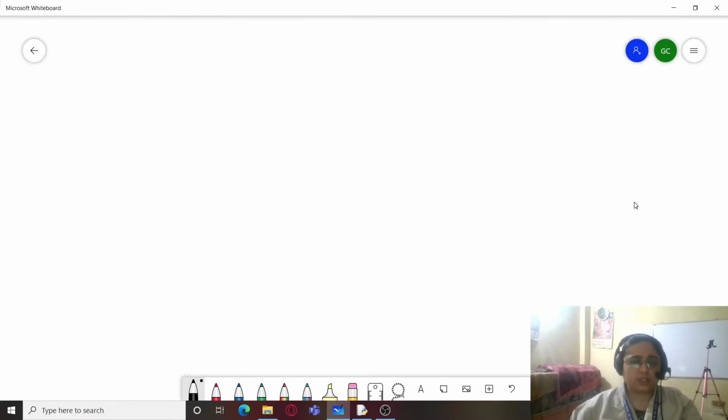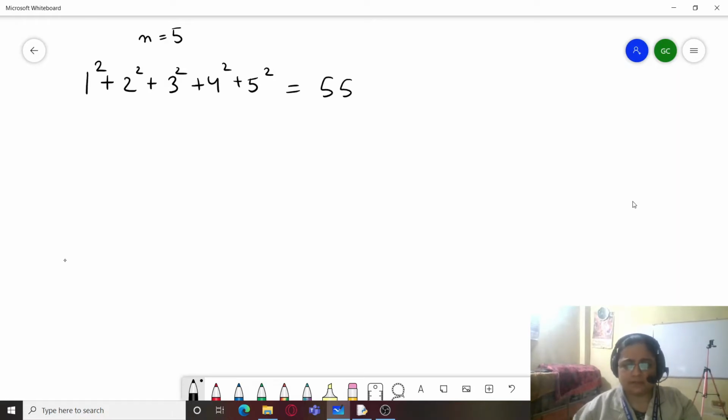First, let's talk about its logic. So if we have the series over here, when a number given is 5, you just add the squares of the first 5 natural numbers, which should give you the sum, that is 55. So you can get any number for n, you can get 10, you can get 100. So how will you calculate the sum? So for such programs, we need to first create an empty container sum which contains 0.